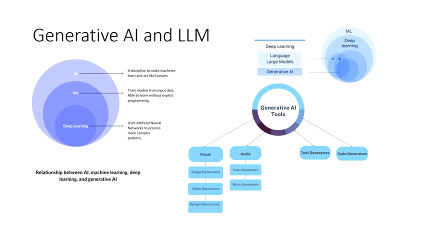You know that large language model and generative AI, they belong to artificial intelligence, and so artificial intelligence has machine learning as subfield, and then in the machine learning we have deep learning. And then with the emergence of deep learning, we have large language model and generative AI. And then in the generative AI, we have number of tools. So for example, we have visual tools that we can use for generating image. Say video generator and image generator, and then we have audio tools that we can use to generate music or some